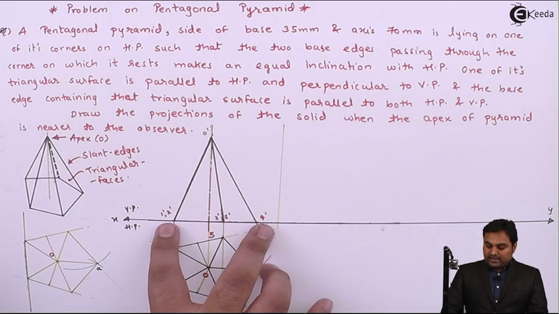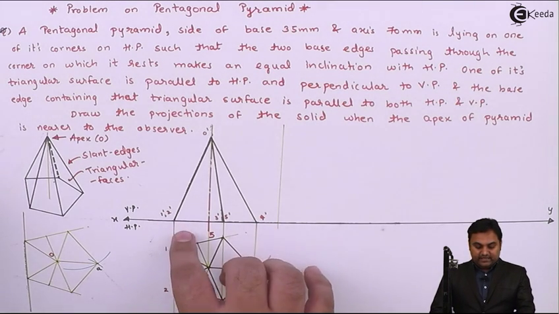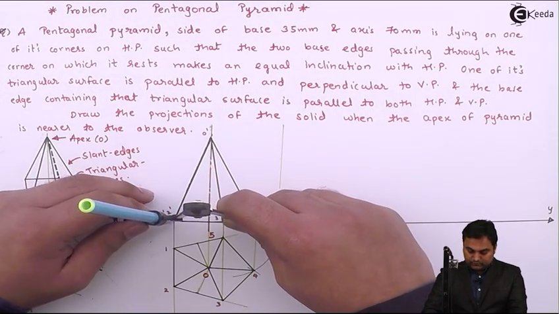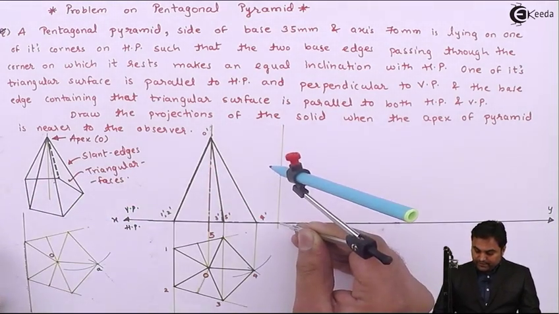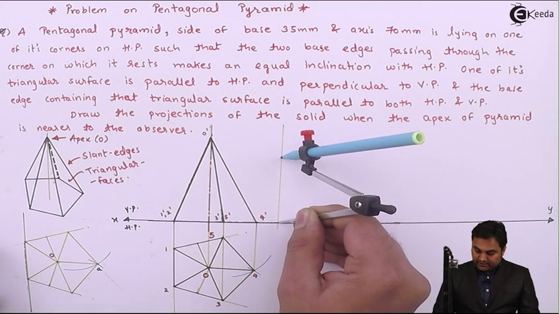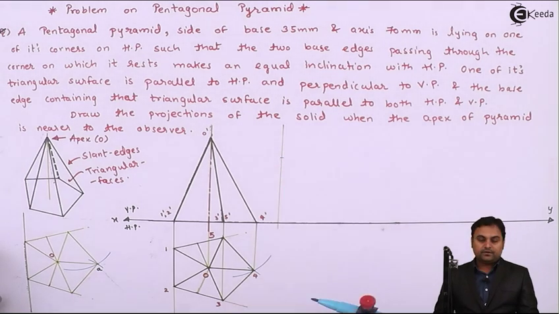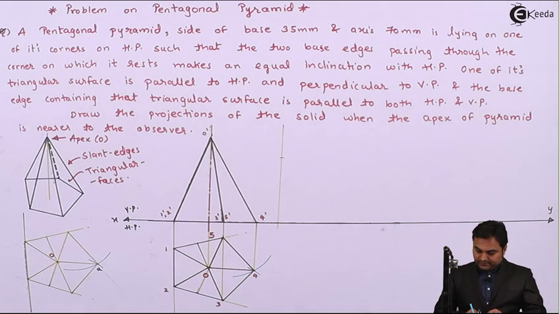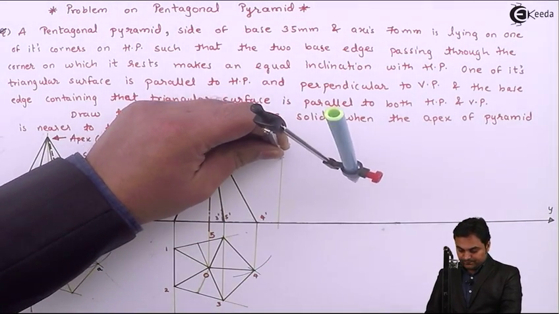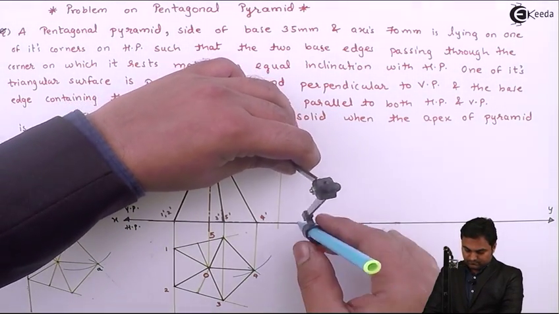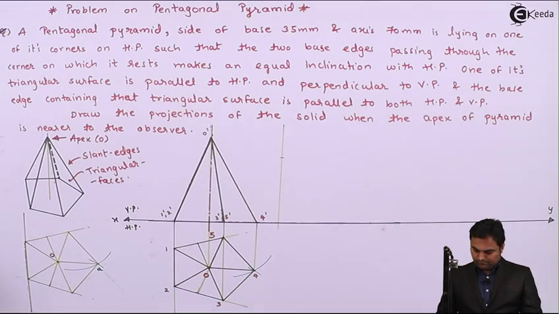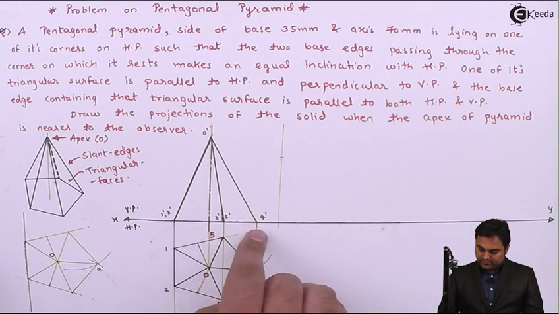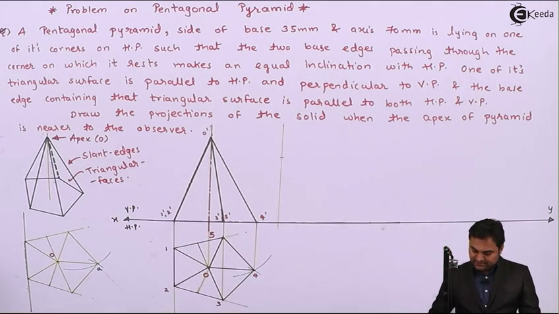Next, first I'll take this distance, that is 4 dash to 1 dash, and mark it over this vertical line with a light arc. Next, after this, taking the same distance, and here, after I have marked this, that is the distance from 4 dash to 1 dash,